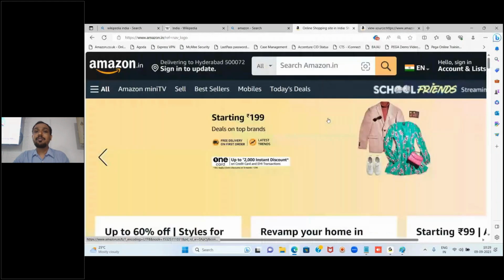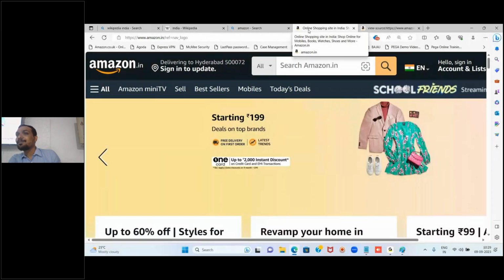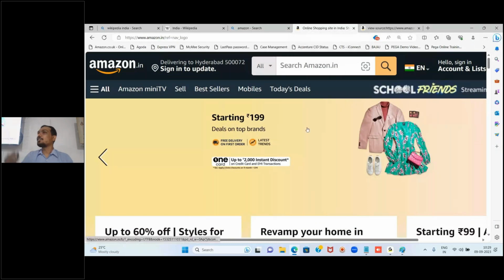Now see, I am taking my mouse cursor here. Able to see some text. Online shopping site in India. That is from that tag. Understood? Title tag. Don't worry, I will talk about all these things later. I am just showing an example of how it will be, and it is all about tags. Like that, for adding images, they'll be using some image tag. For different things, different tags will be there.